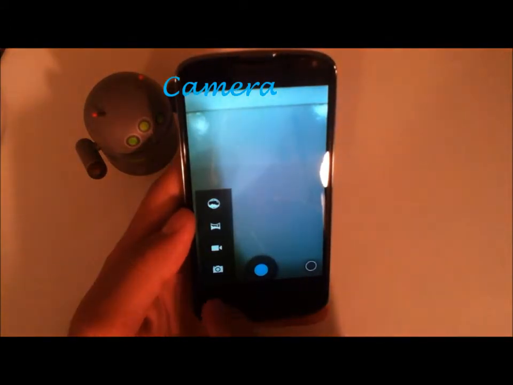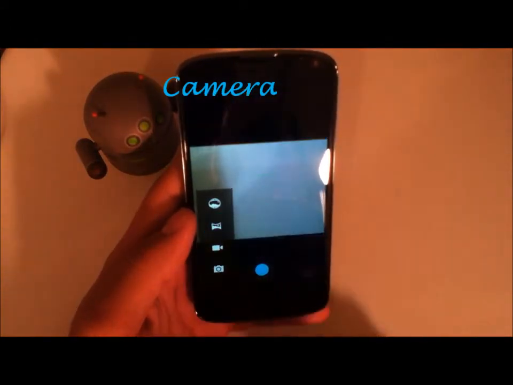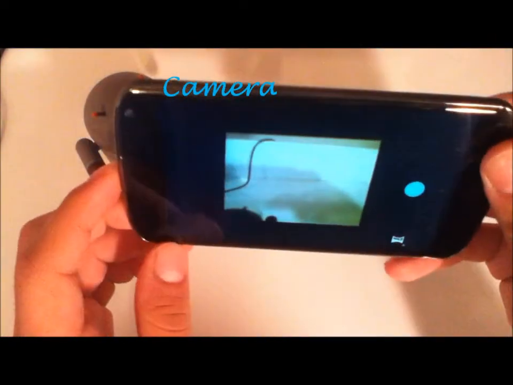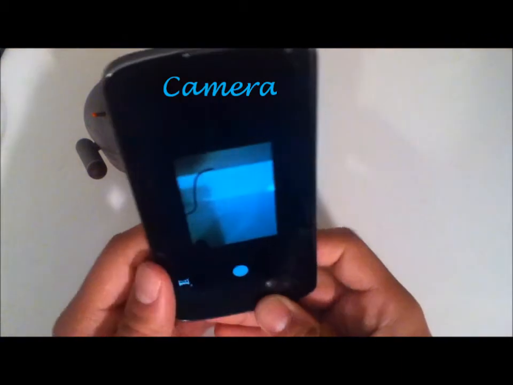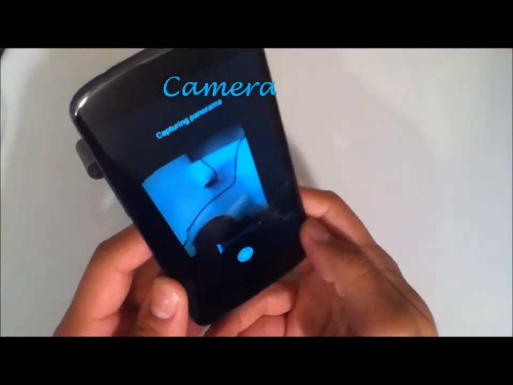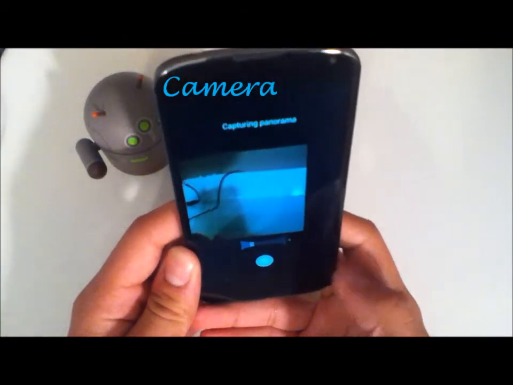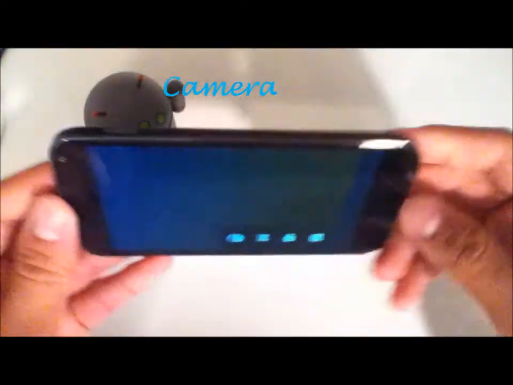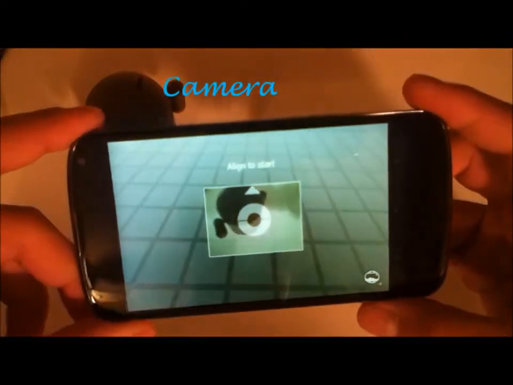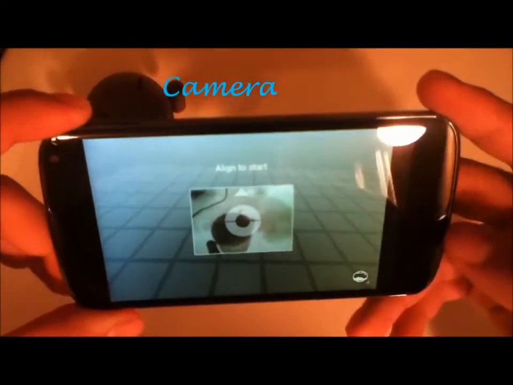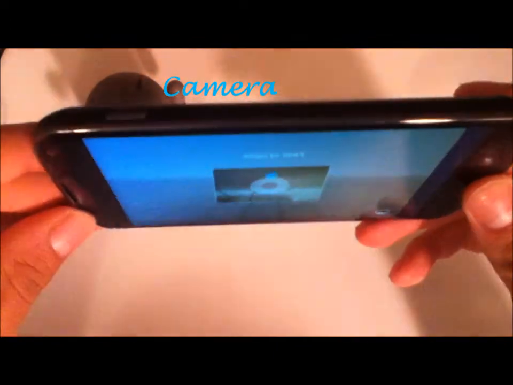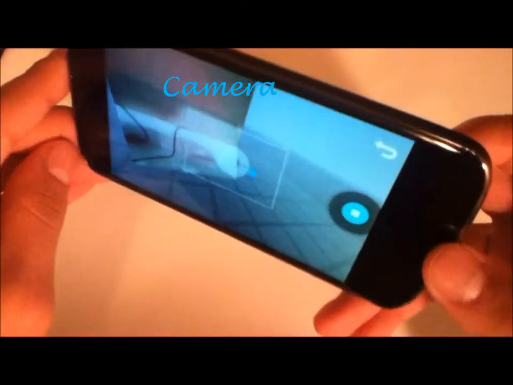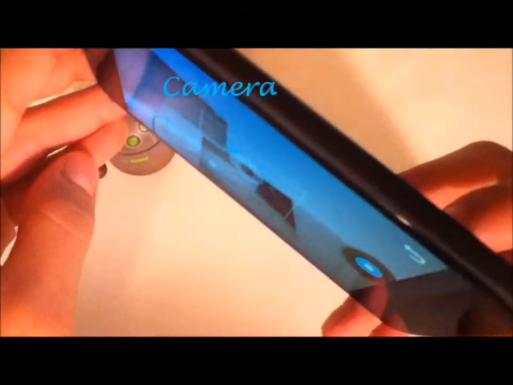So the next thing we'll take a look at is panorama mode, still the same. You either go right to left or left to right. I haven't tried it in portrait mode, but I imagine, yep, you can do it in portrait mode. I don't know if that was there before, but you can. So we'll go ahead and X that. And you now have the photosphere, which is a step up from panorama. It's sort of like panorama on steroids. You just align the camera with those dots, and it'll stitch together